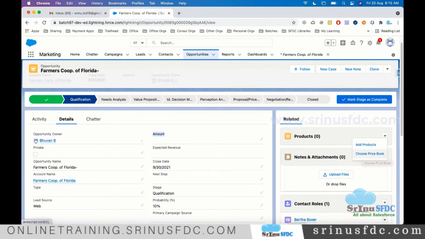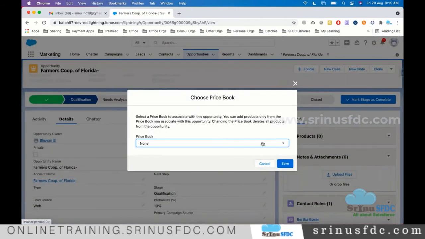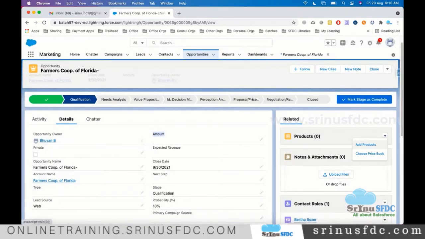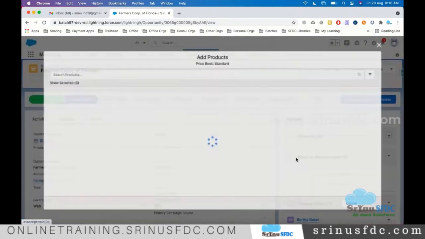So those kinds of things will be controlled using price books. That is a little advanced, so going forward, we'll see how exactly we do it. In general, you see there is a standard price book. We also create multiple price books based on the need, so that we show the variation in the price of the product. Based on the price book, the price of the product will be different. We decide that while creating the price book. For now, I'm not adding any price book, just simply adding a few products.